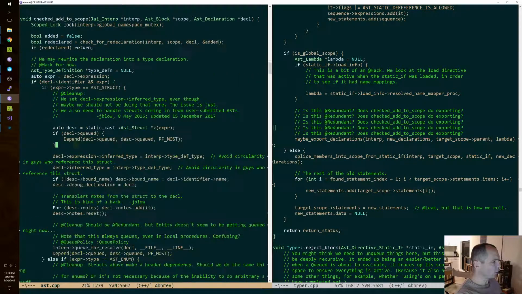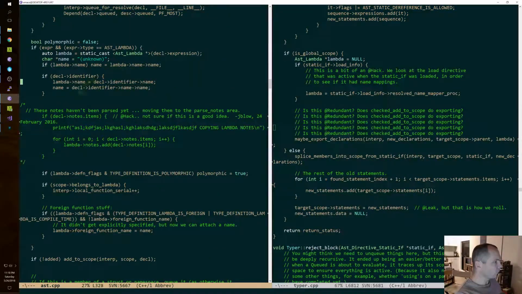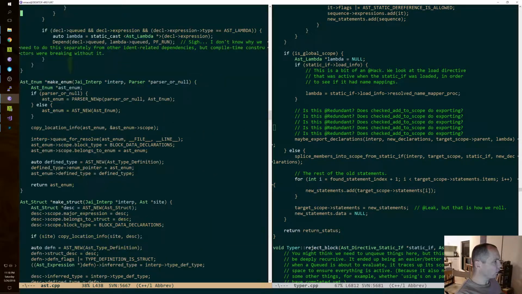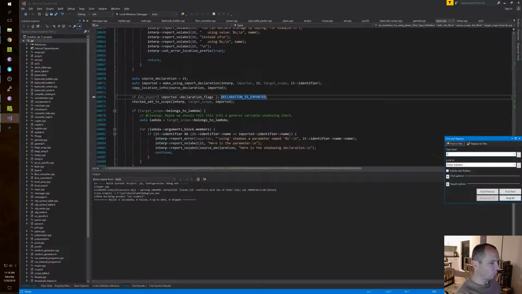So we check for redeclaration. It looks like we don't. Let's look at who checks the exported flag.